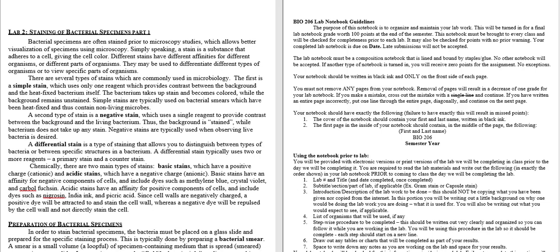All right, so we are going to take some time to take a look at the lab notebook and how exactly to prepare your lab notebook for each week moving forward. So the very first week of lab, you will be doing the microscopy lab and possibly some other preparation type of lab